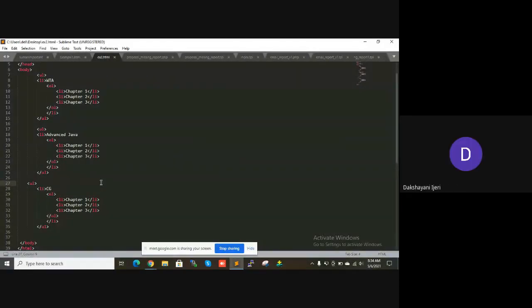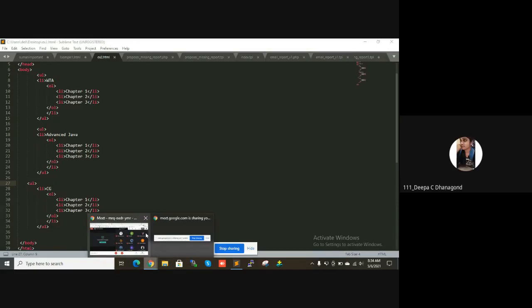Yes, it's visible. Execute and check whether you are getting the required output or not. Have you done, Deepa? Yes, ma'am. Okay. Show that result.